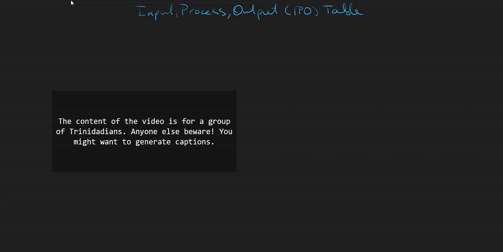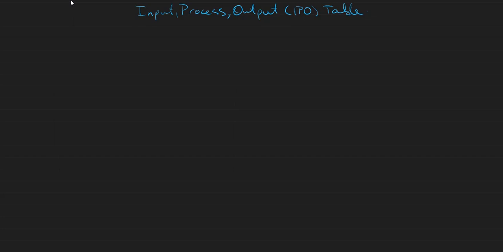In this lesson, we're going to learn how to create IPO tables. Now, an IPO table is used to analyze your problem statement when you're doing any kind of software development. What we'll seek to do in this lesson is help you understand why a piece of information goes in a particular column, what piece of information is not supposed to be in a particular column, and how this can aid us in explaining what we are trying to achieve to a person who is a